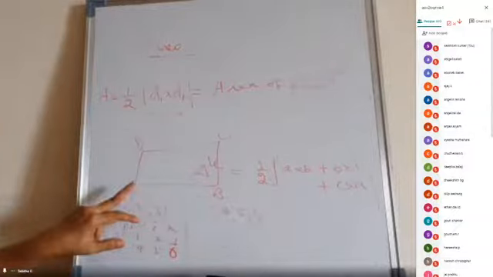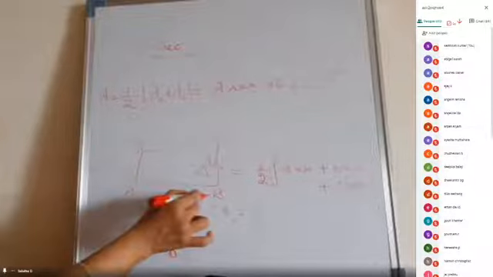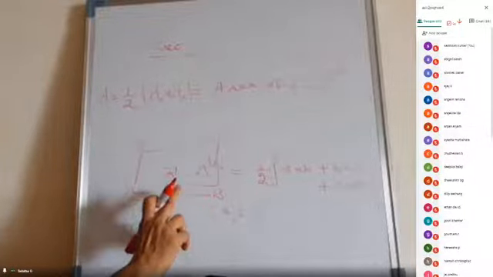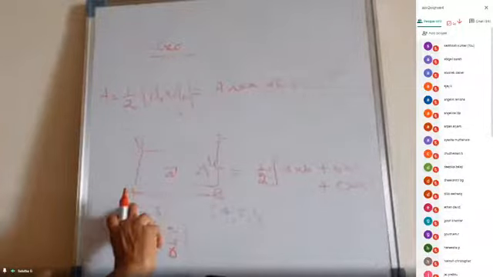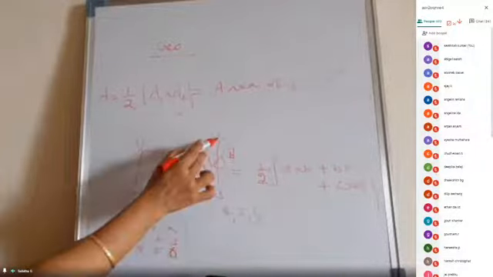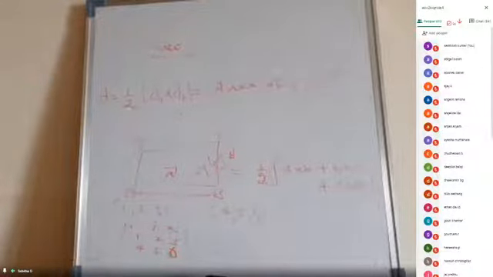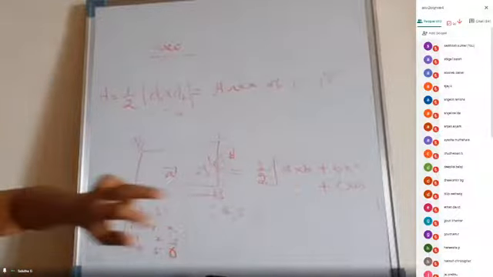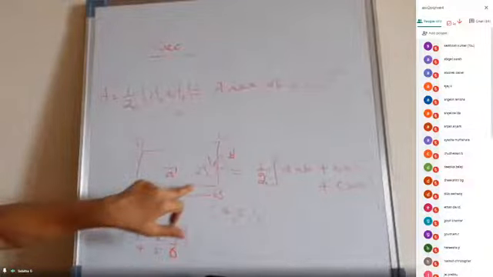You get A point, B point, C point. What you have to do? Find AB. Give the name for AB as A vector. How will you find A vector? OB minus OA. Give the name for BC as B vector: OC minus OB. Then you use half of A cross B. One determinant, over. Otherwise, you have to do 3 determinants, then add, then take modulus. It's a long process. So which is easy? Find the adjacent sides and finish off the question.